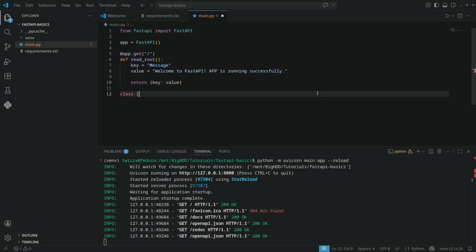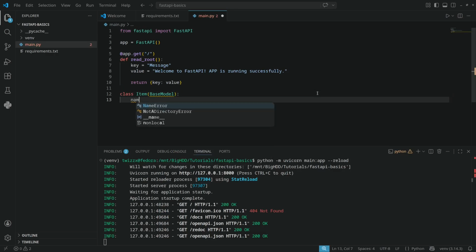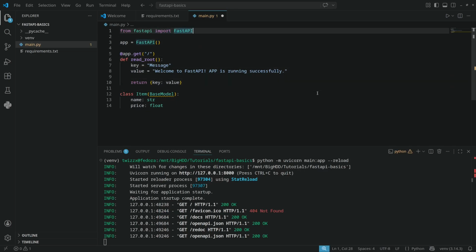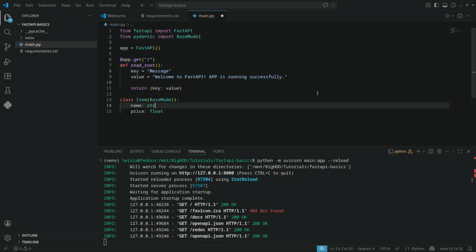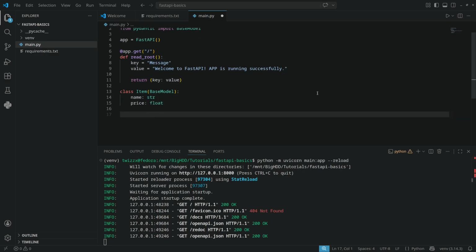So now let's continue with a new class which will be named Item, and it will inherit from the BaseModel. We need to add some properties. Here I will add the name property of the type string and the price, which is a number. I'll give it a float. For the BaseModel, we need to import it from the Pydantic dependency we have, which is pretty nice to have